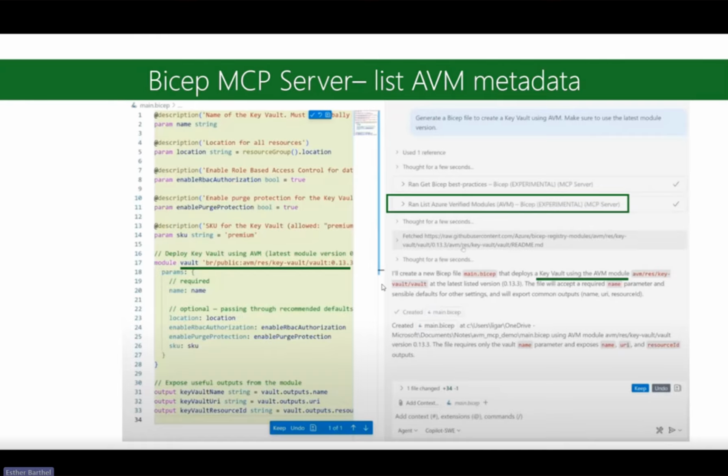Yeah, I'm not entirely sure, because what you can see here are the references that it uses, but what they showed is that it actually goes through the list of Azure verified modules to check if it has those verified modules in the registry. So yeah, it does reference it directly within the code that it's generating.